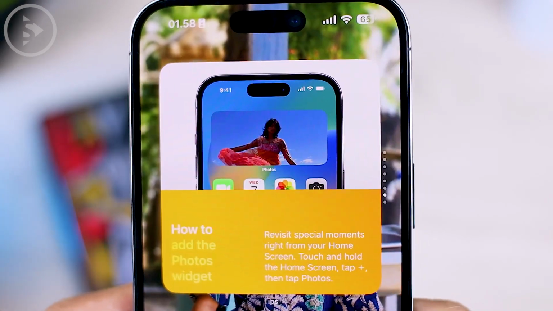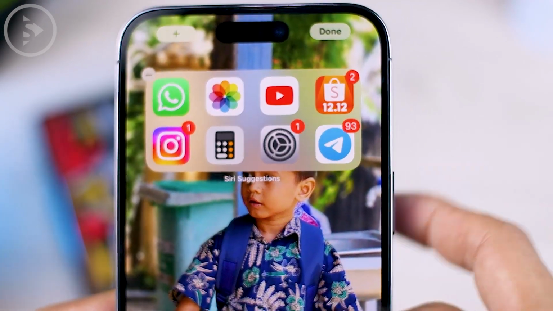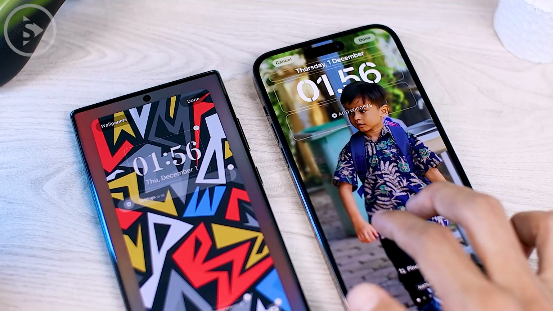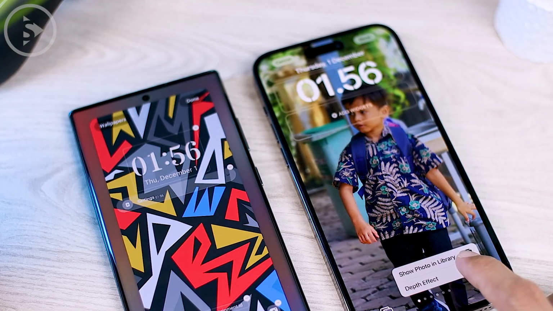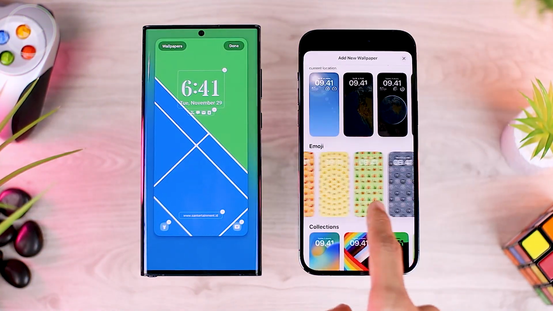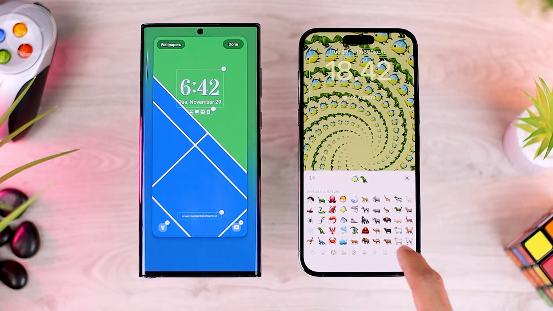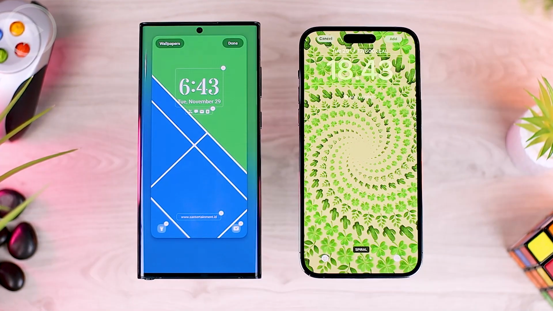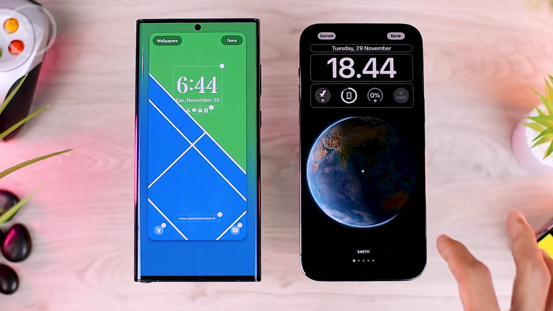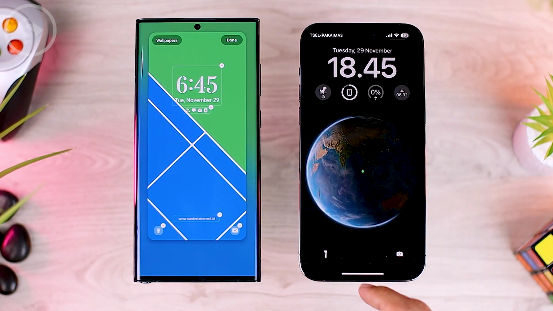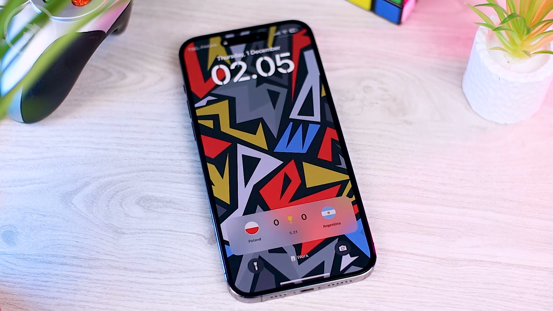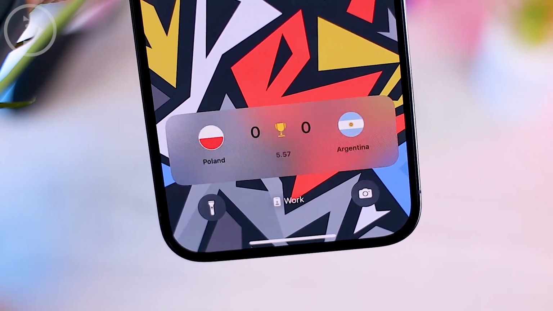For example, some of the exclusive features available on iOS 16 are in the lock screen section. One of which is the depth effect of the wallpaper options on the lock screen. In addition, there are also some special wallpapers from emoji that can be changed according to whatever emoji you want. Then there are also planet wallpapers which have seamless transitions from the lock screen to the home screen. Then apart from that, there is also the live activities feature that can be very useful, one of which is to check the live score of the soccer match.